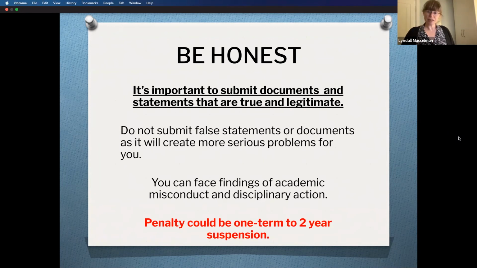So just be careful and be as clear and straightforward as you can be. It is important, and you don't want to jeopardize your academic record going forward. So just, yeah,